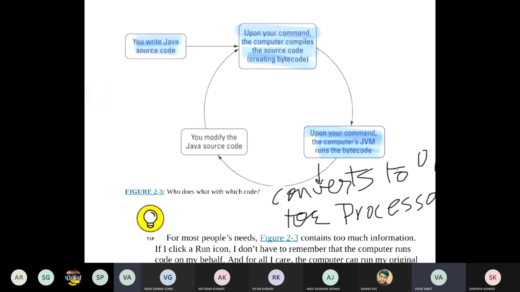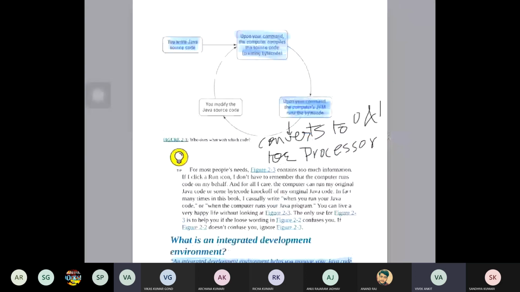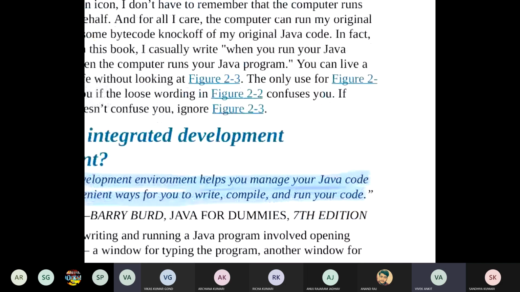Then upon command, the JVM runs that bytecode, and it is converted into processor-understandable instructions. After that, according to the output or error, we modify the code.